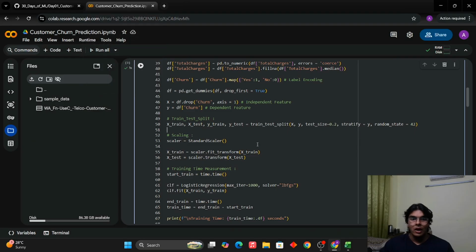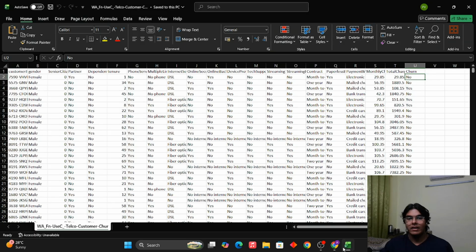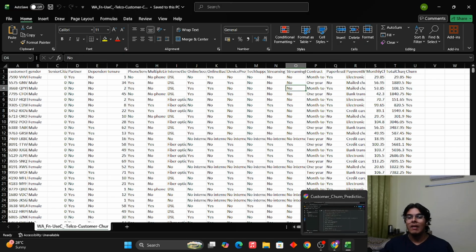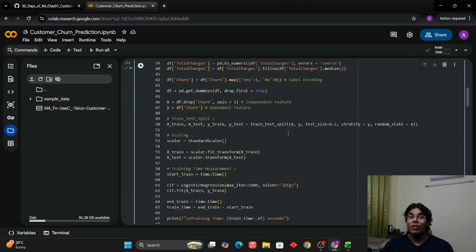Now, scaling is again pretty important here. We have got features having very different values altogether, right? We have got these monthly charges, we have got total charges, then these values which are to be predicted are encoded. Payment methods are encoded. This is encoded. So in the end, our feature scale is pretty different and we want it to be uniform. So how do we make it uniform?